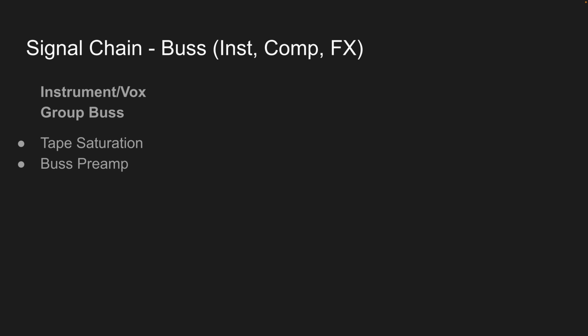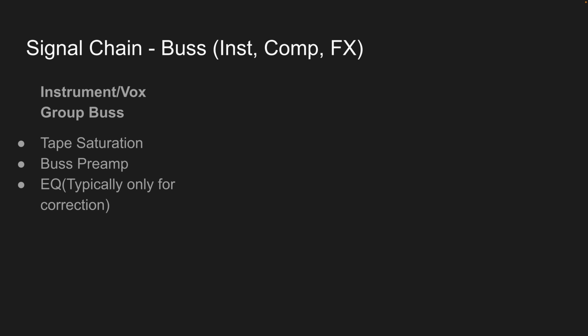Now, when we talk about a bus, here's the signal chain. This is going to be an instrument bus, meaning you have a group of instrument tracks. They all run into a bus, like a master bus, or it can be a parallel compression bus or an effects bus. But any kind of bus is typically the chain, and I'm going to go through the different types here too. But first, tape saturation, bus preamp,